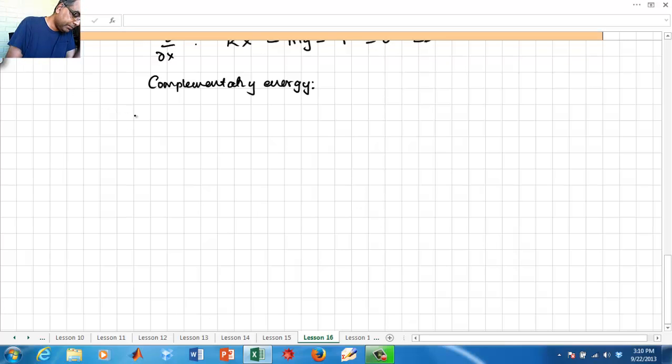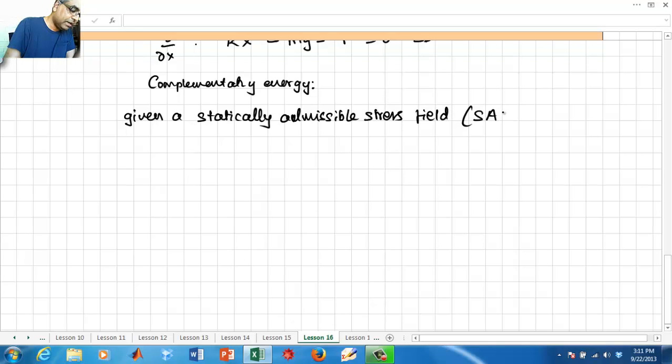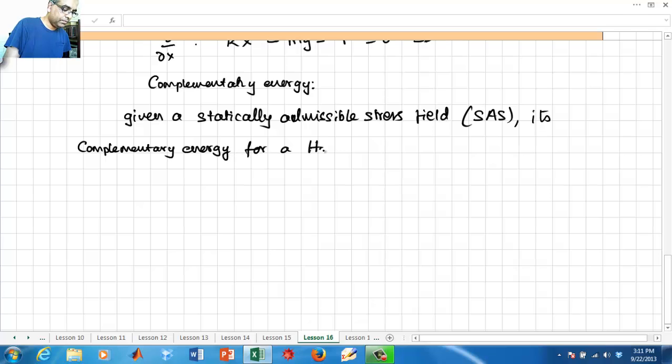So given a statically admissible stress field, which I am going to abbreviate as SAS, statically admissible stress, its complementary energy for a Hookean material is given as